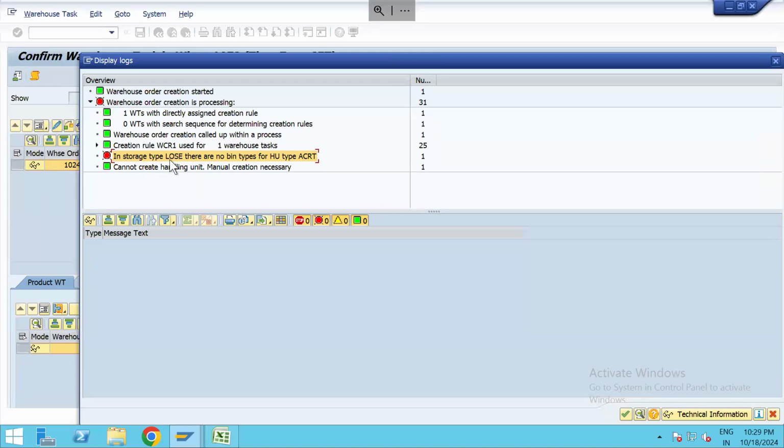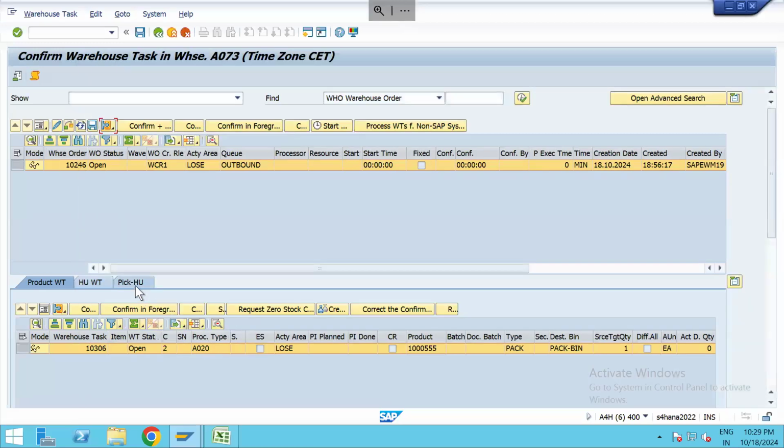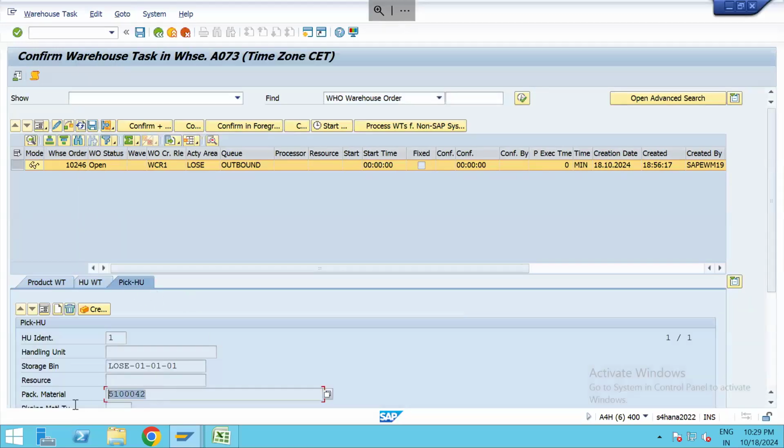What is the error? In storage type LOSC, there are no bin types for HU type ACRT. We are not allowing HU type ACRT in LOSC. Yes, sir. That is the reason it is not generating handling unit here automatically, although it is determining